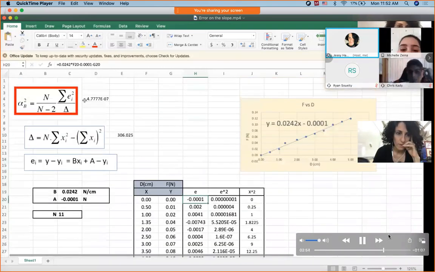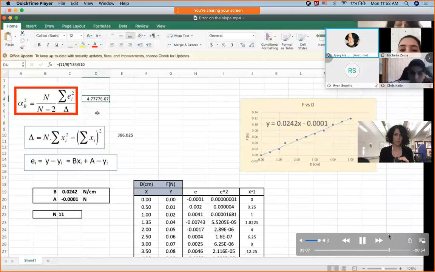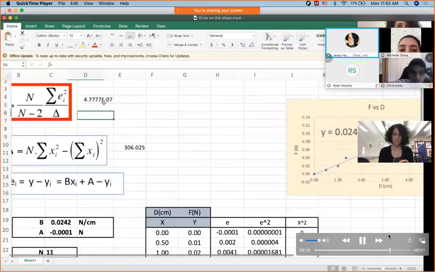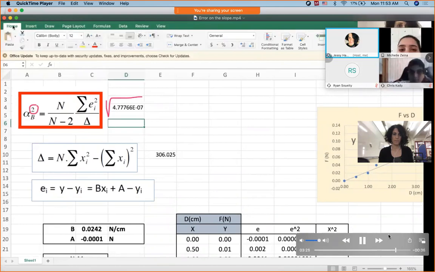So for me to find the error on the slope, I do 11 over 9, which is n over n minus 2, then multiply by sigma ei squared, then divide by delta. This is not really the error on the slope. If you really think about it, this is actually the error on the slope squared. So don't forget the squared, which means you have to square root this value, and whatever answer you get, don't forget to